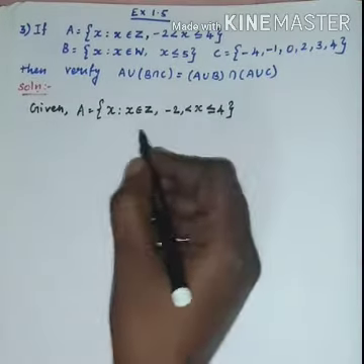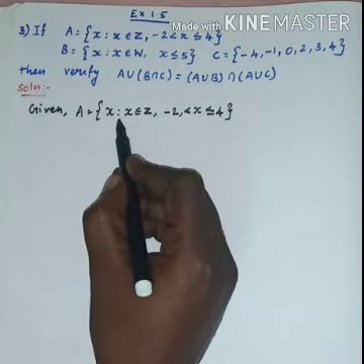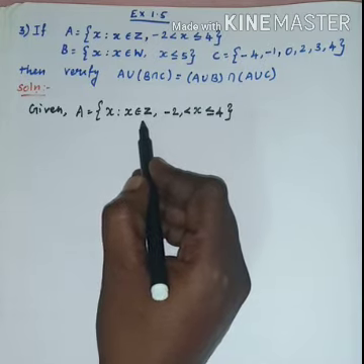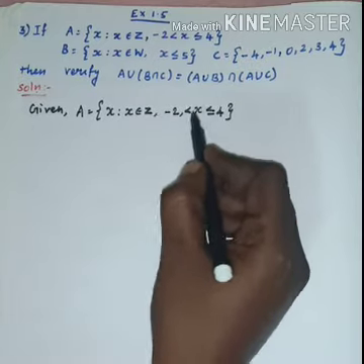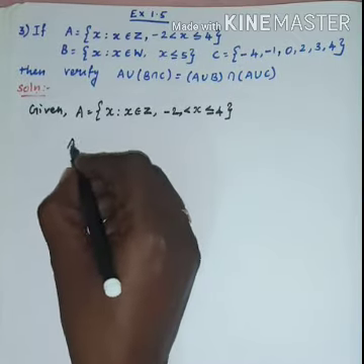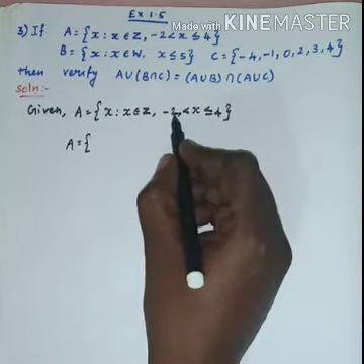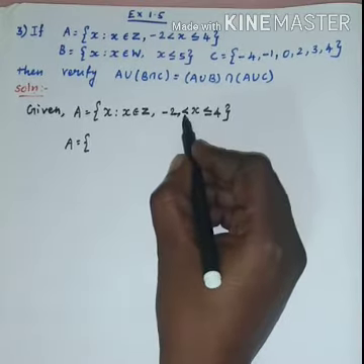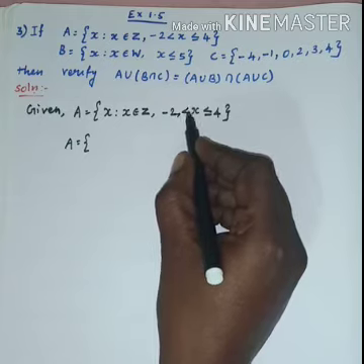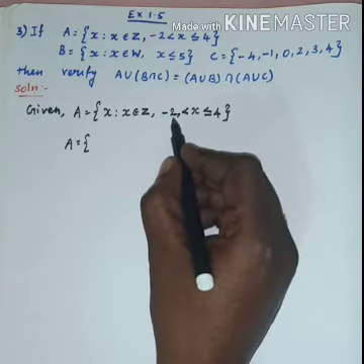Okay. So here given the set x such that x belongs to integer. We know what is integer. Integer is nothing but all the negative numbers, 0 and all the positive numbers. Here the negative numbers start from minus 2. So the value of the set A, the number starts from minus 2, but here the equal to sign is not given. Only less than is given. So we could not add this minus 2 here.